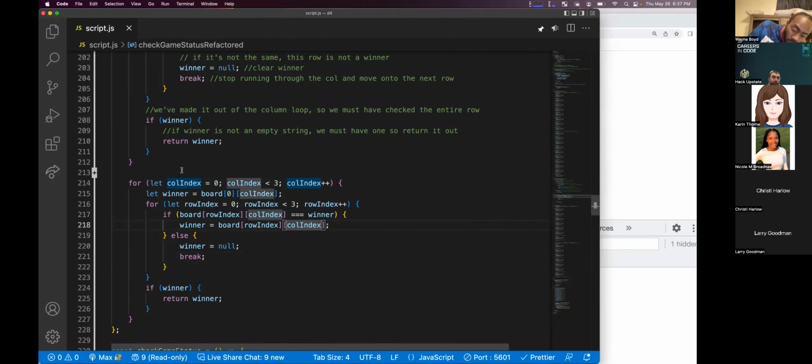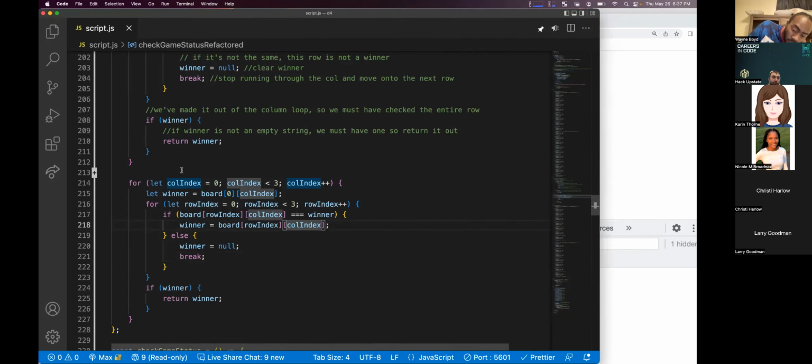So does someone want to take a stab here at what each line is doing? For each column. Yep. For each column, increment up to 3 columns, increment the col index by 1.